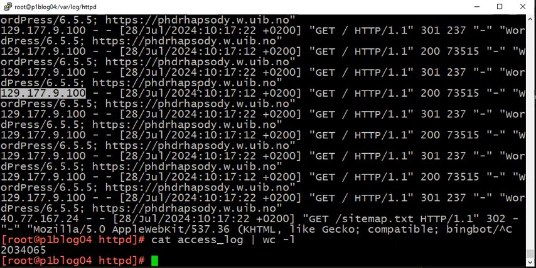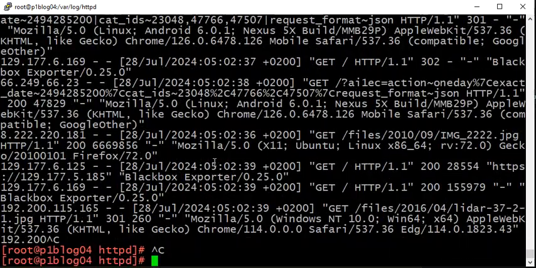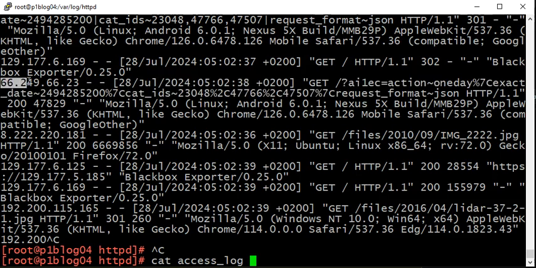Okay, so let's see if we can do this. So first of all, we can use the cat access log, which is just sending a lot of data, but I'm not interested in everything after the IP number. I'm not interested in what it's asking for and what the result was, and if it's a Mozilla or a Bing bot or whatever. No, I'm just interested in the IP number. So what I can do, I do a cat access log, and then I do a